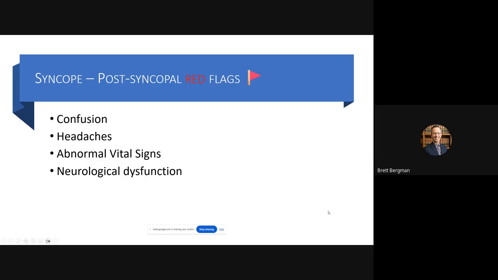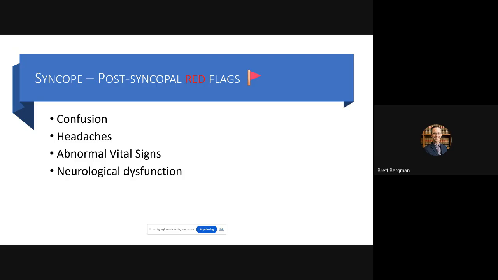And then after they faint, when you have vasovagal or orthostatic syncopal episodes, you're not altered after you come back. So you will faint and then you will have a return of neurologic function. So if you have someone that's confused after they fainted, that's abnormal.